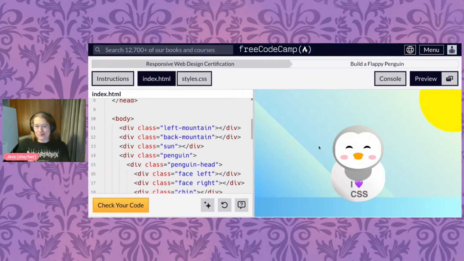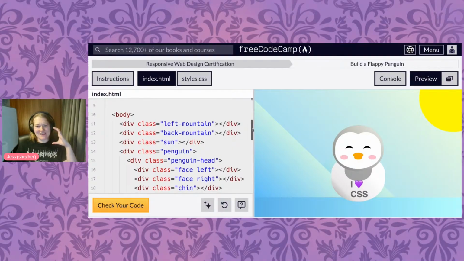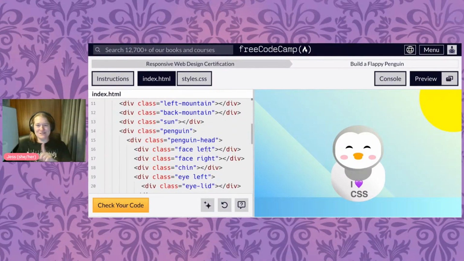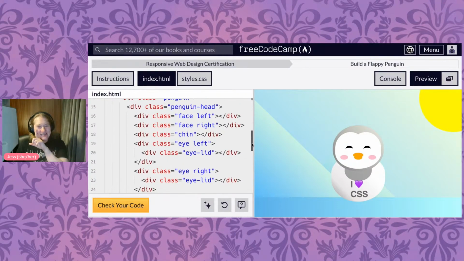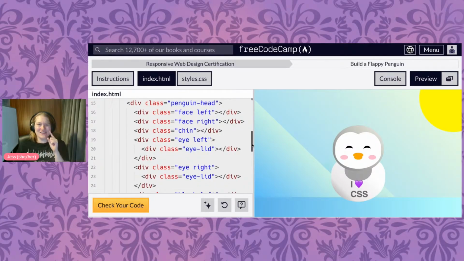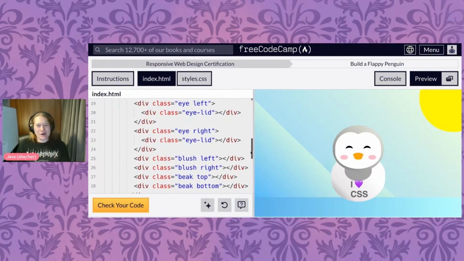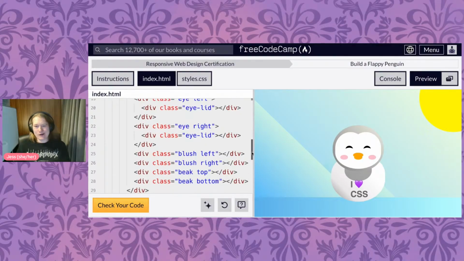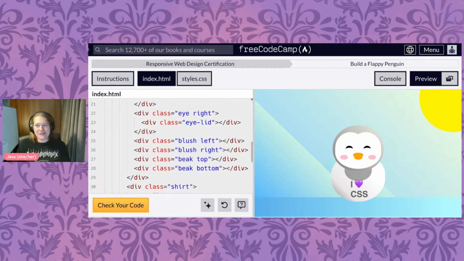So we've got divs for these mountains, a div for the sun, a parent div for the penguin that contains the head with divs for the right and left side of the face, a div for the chin, eyes, eyelid, left and right eyelid. Divs for the blushes, for the beak, top and bottom. Okay, so here, the HTML